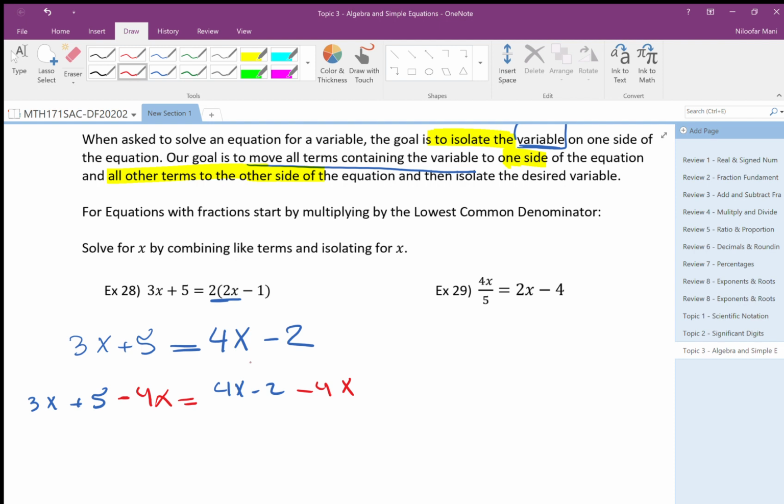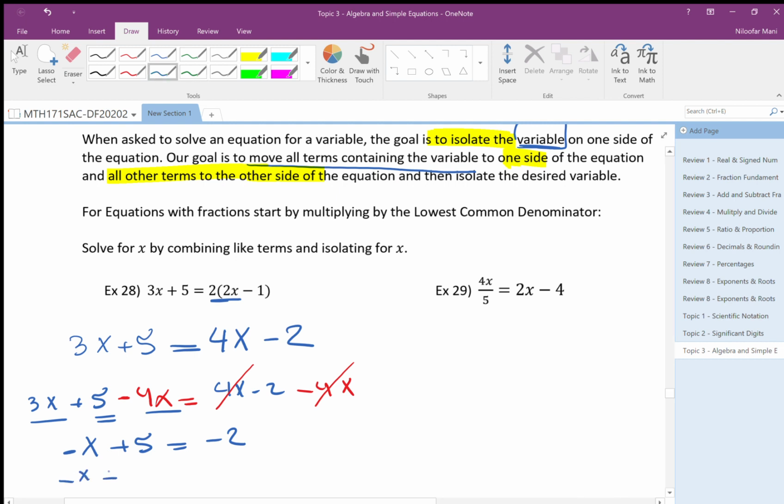So then what happened? This and this cancel each other, and then I have this and this together. This is alone, so it is minus x plus 5 equals minus 2. Now I want to remove 5 from the left side. So what should I do? I do this: